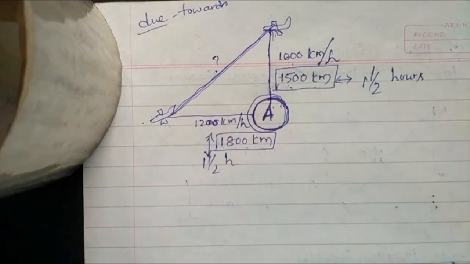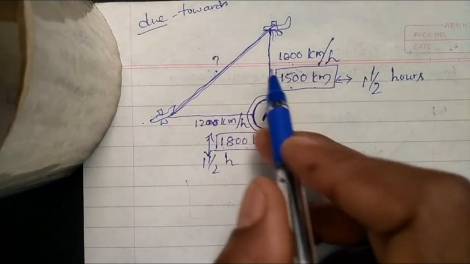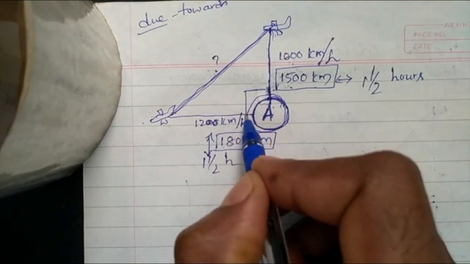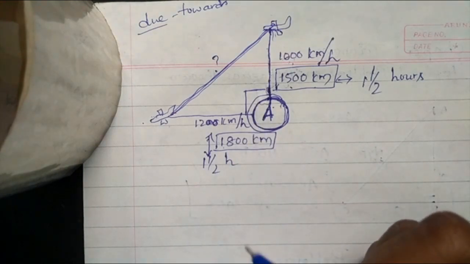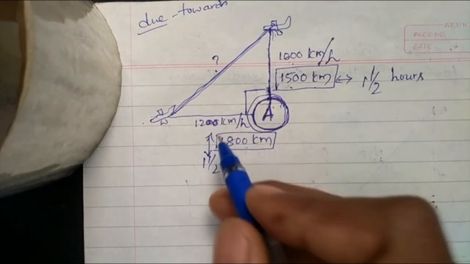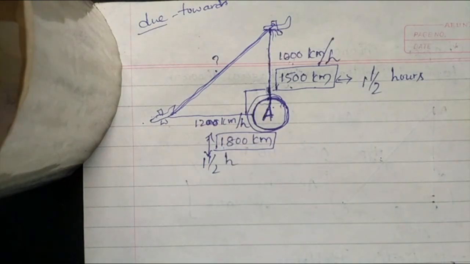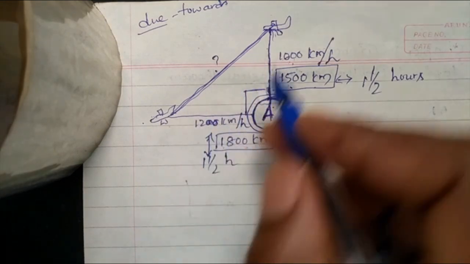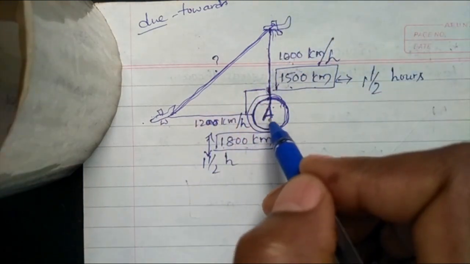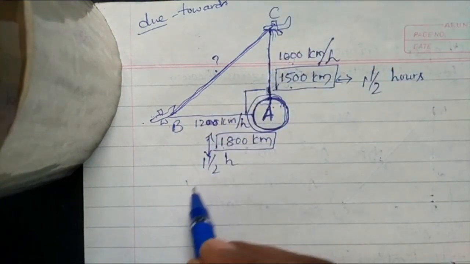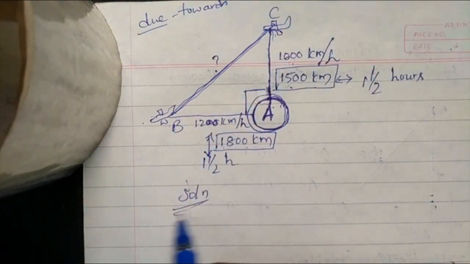To find out, we go for Pythagoras theorem, because north and west are always 90 degrees to each other, right? The angle between north and west is 90 degrees. Finally we get a right angle triangle. We already wrote A here, you mark the others as B and C. Now we go for the solution.